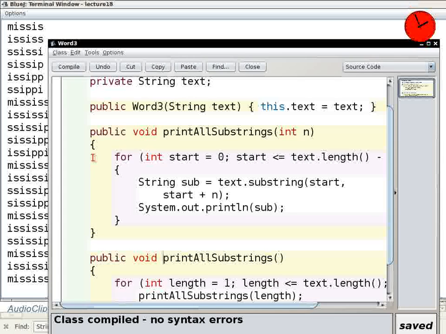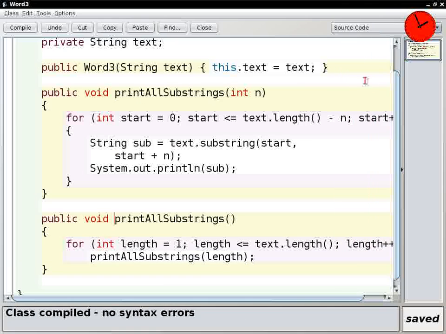But that is probably not entirely useful because I don't want to print the substrings. I want to do something with the substrings. So what I would kind of like to have is maybe a collection of all of the substrings. And that would actually be one somewhat potentially useful thing to do, to put them all into an array and then deal with them there. But I didn't think that's what you were going to do because we just started with arrays. What I thought you're going to do is you're going to